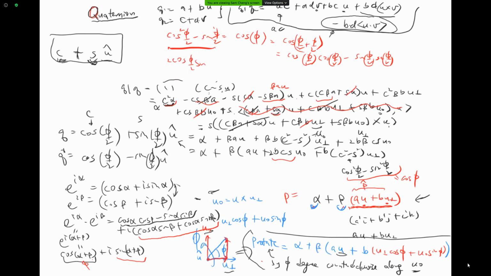And this is 2 cosine phi over 2 sine phi over 2. By a similar token, this is actually equal to sine phi, because sine phi is equal to sine of phi over 2 plus phi over 2 here. And if I use this equation here, it's equal to sine phi over 2 cosine phi over 2 plus sine phi over 2 cosine phi over 2. So therefore it's just equal to 2 of them, 2 sine phi over 2 times cosine phi over 2. So anyway, that will finally give us this alpha beta times AU plus